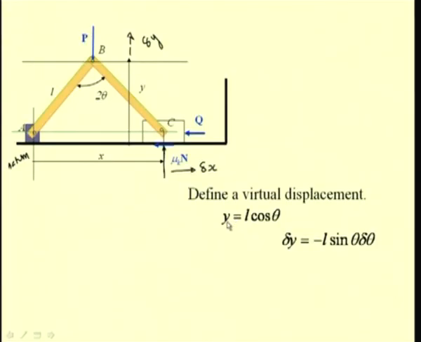So, we write first y, this is equal to L times cos theta, because this is the half angle, and by symmetry we are assuming that these links are of equal length. So, by symmetry this is theta, and so we have the height y as L cos theta. Differentiating this equation, we get the virtual displacement delta y as minus L sin theta delta theta,